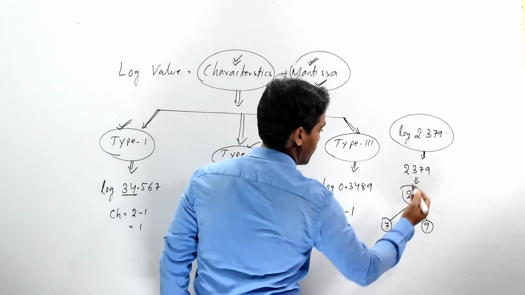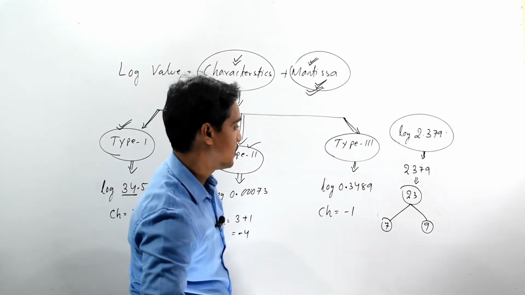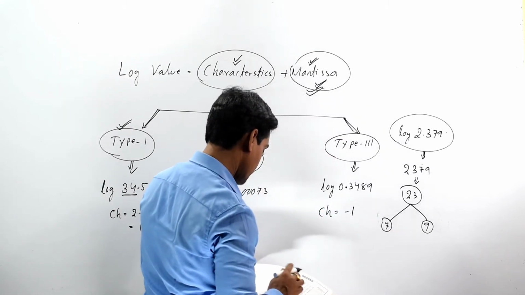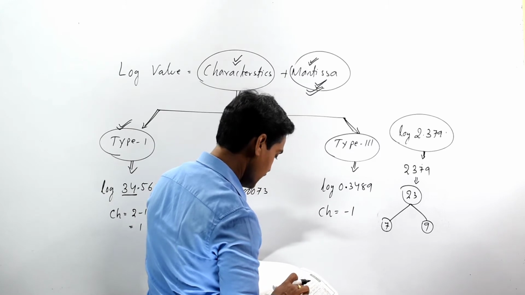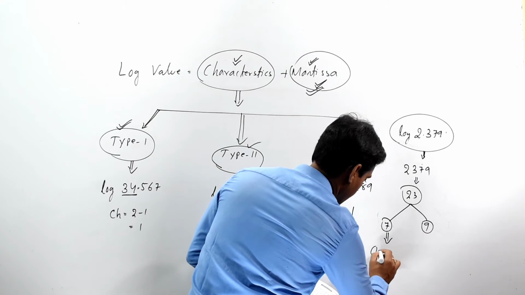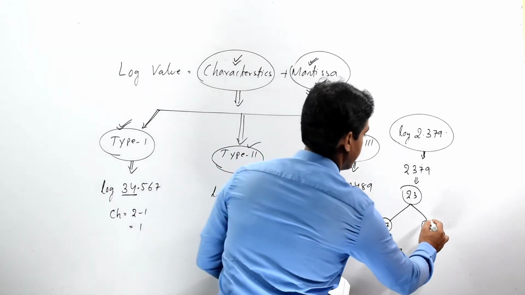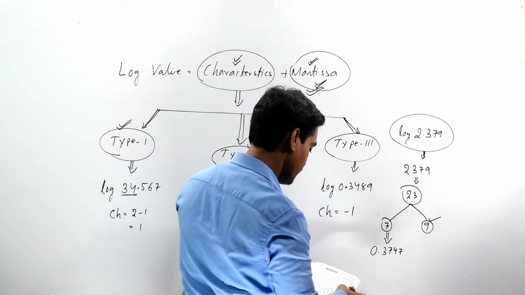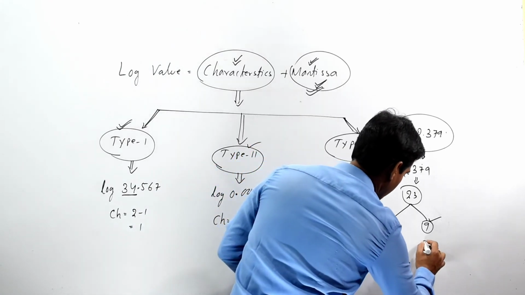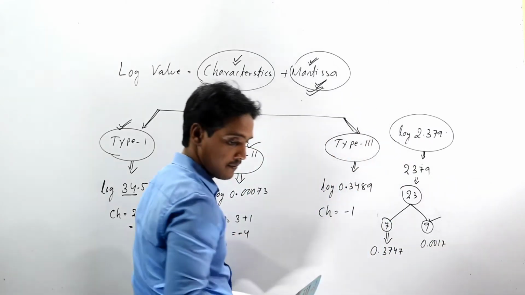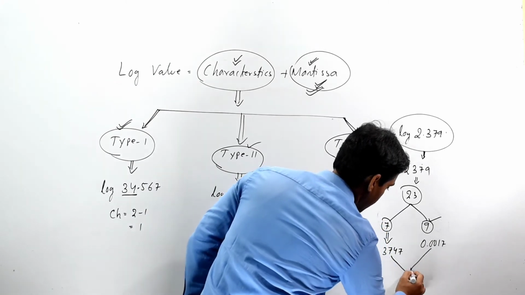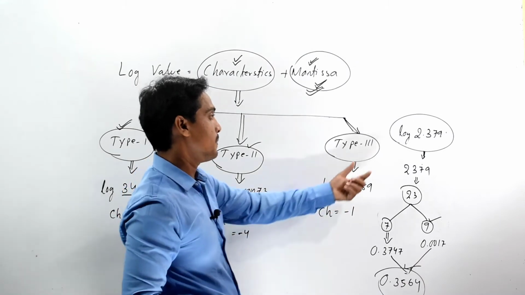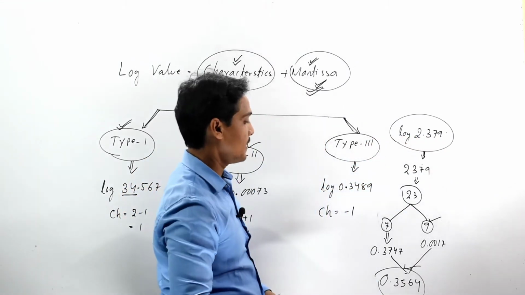So in order to read the value of 7 with respect to 23, we must take the value of the main table for the first digit, that is the value of 7 is our 3747, that is 0.3747, and next read the value of 9 from the mean difference table with respect to 23, that is our 17, 0.0017. So the Mantissa value is 0.3764. So the Mantissa value of log 2.379 is our